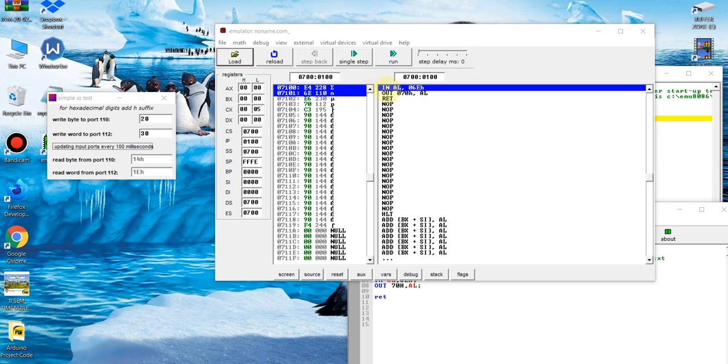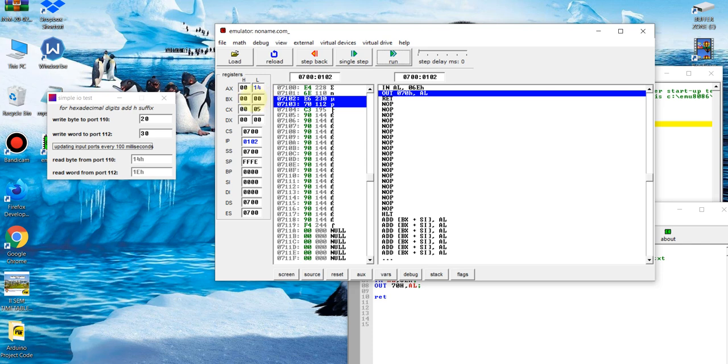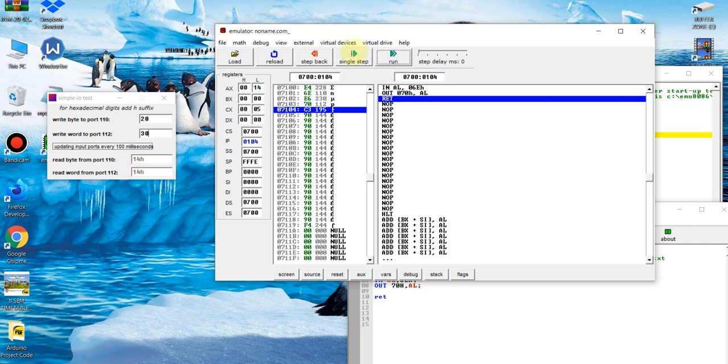When I do the first operation, you will find 14, which is fetched from this port, in the AX register, whereas in BX it is 1E from the next port 112. If I do the second operation, it is going to move the data of AL into that port. So this also has become 14H, right?